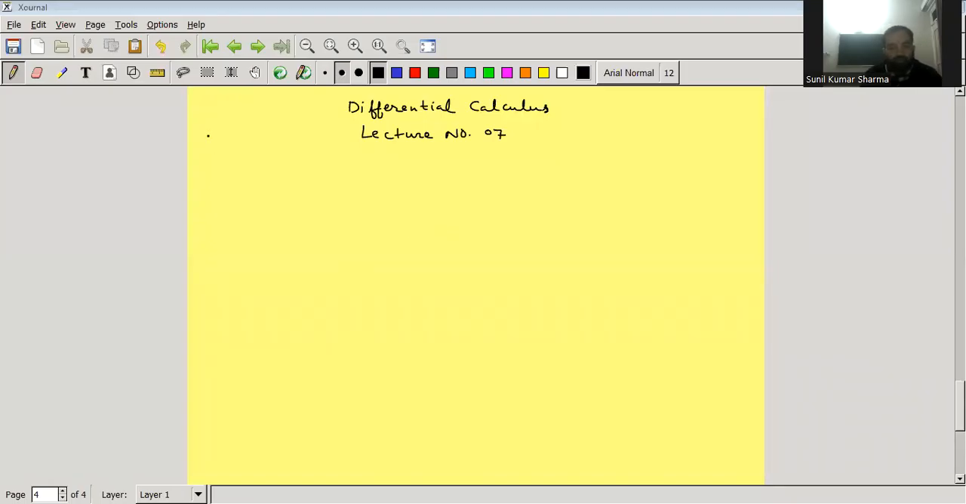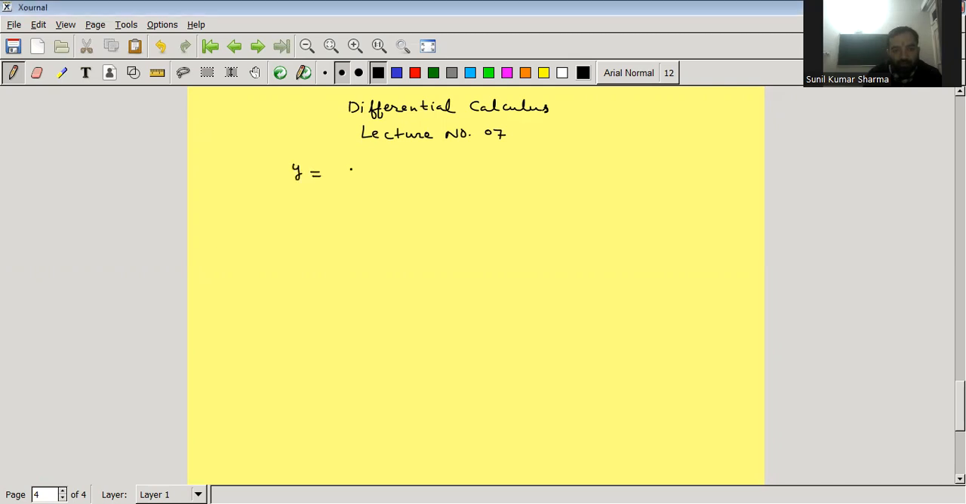Hello students, today we will discuss Leibniz's theorem on successive differentiation. So before that, let us recall some functions. For example,